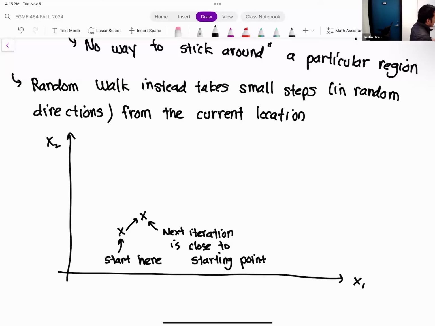And so the idea is to stay within the same region, where maybe you're starting from a good region. Maybe you have some kind of prior knowledge of your engineering design system where you know approximately where the optimal values should be, but you just want to fine tune it a little bit. So random walk basically allows you to do that.